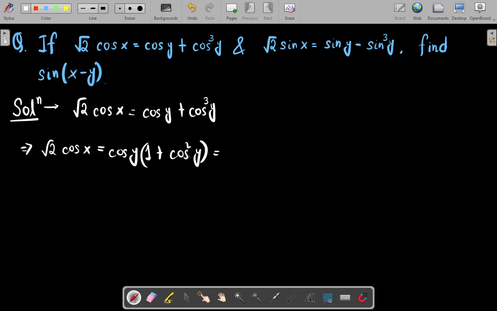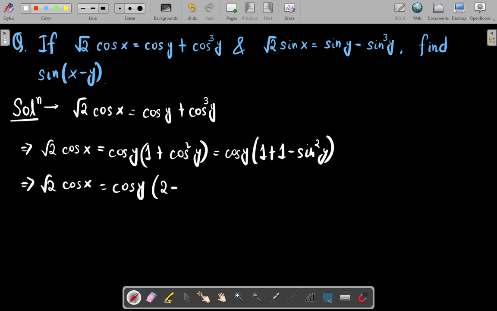Now, this cos square y can be further changed to 1 minus sin square y, so this now becomes root 2 cos x is equal to cos y times 2 minus sin square y,